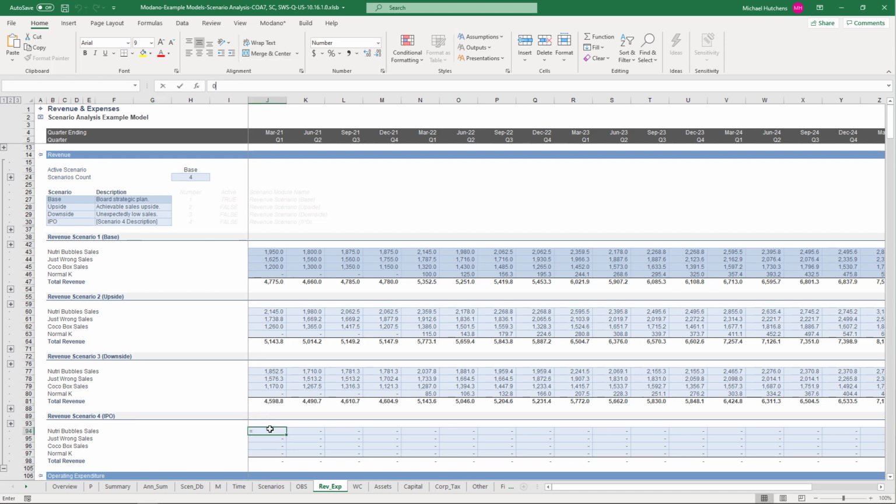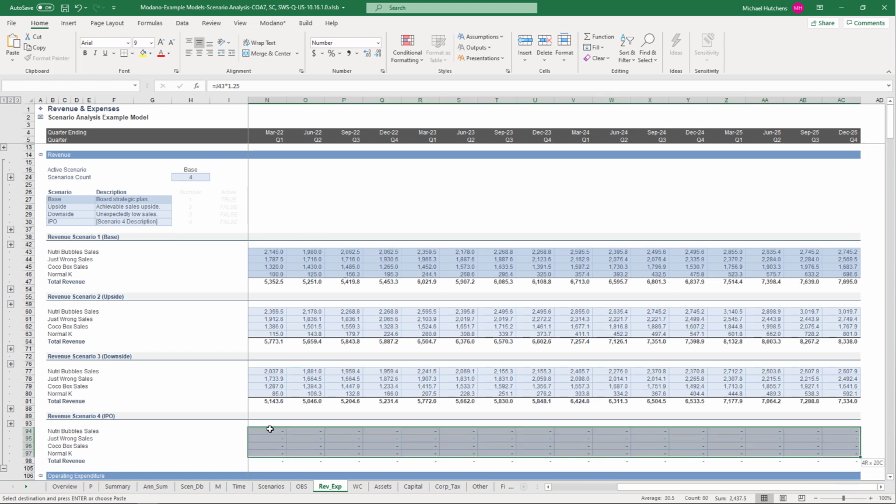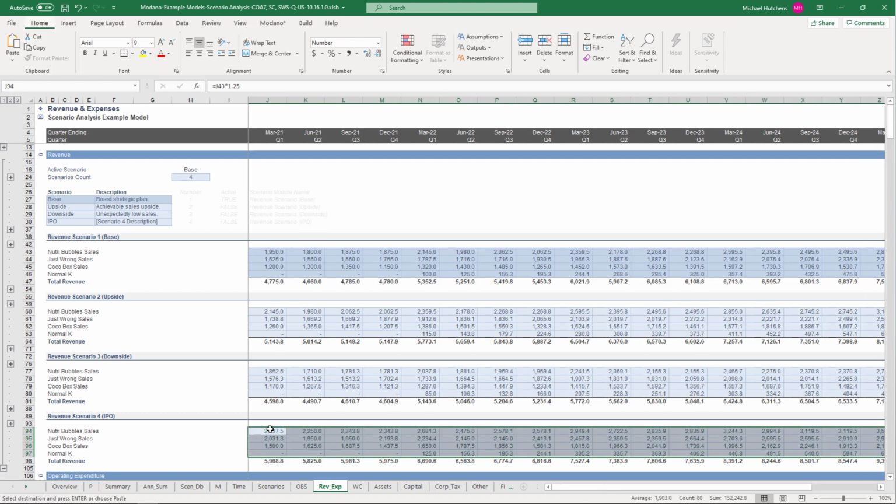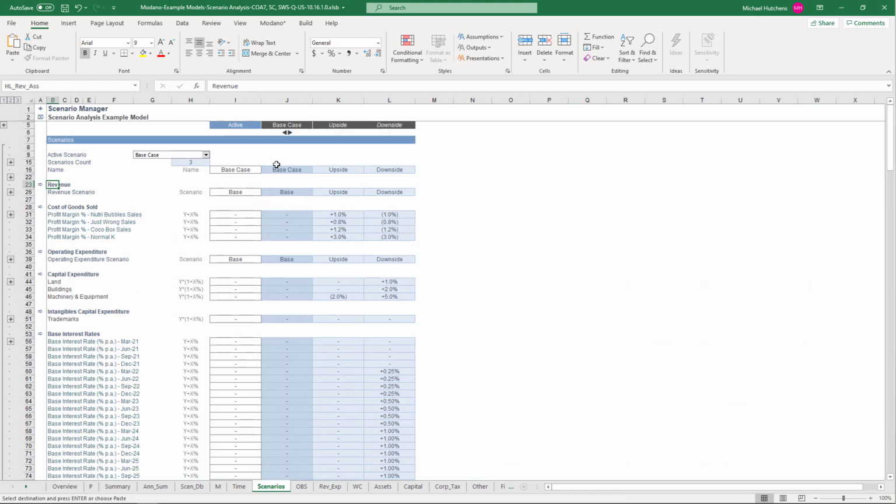And I could just say, okay, if I wanted to, I could just go and grab the base case and multiply it by, say, 1.25. I'm just going to copy that across. So just as an example, I'm just going to paste those values. So now I have an IPO case, and now I can go back to my scenario manager